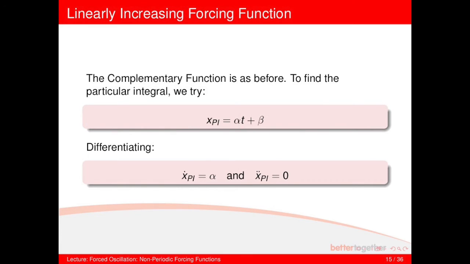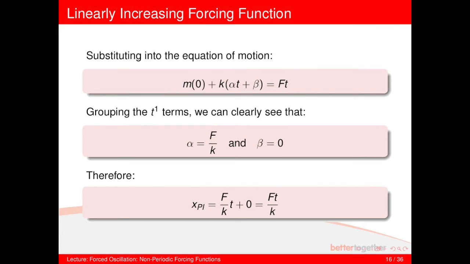Okay, so we try that as our particular integral. It's based upon our forcing function. And so we go through and differentiate with respect to time. You take the derivative with respect to time here, you get x dot equals alpha. And obviously, you take the derivative again to get the second derivative, and the derivative of the constant alpha is 0, so that disappears. And you plug that back into your equation of motion with the forcing function. So x double dot is 0, so you have m times 0 plus k times alpha t plus beta equals